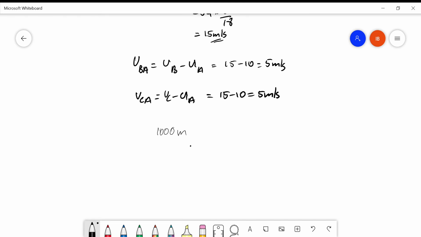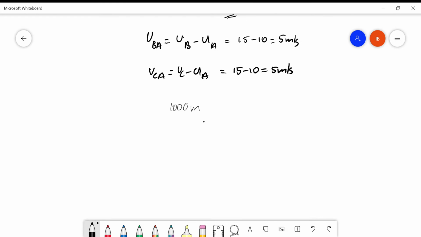Now, the time taken by car C to travel AC is equal to distance by speed, but we can take this speed in this question as the relative velocity of C with respect to A, right? So UCA, that is 1000 divided by 25,